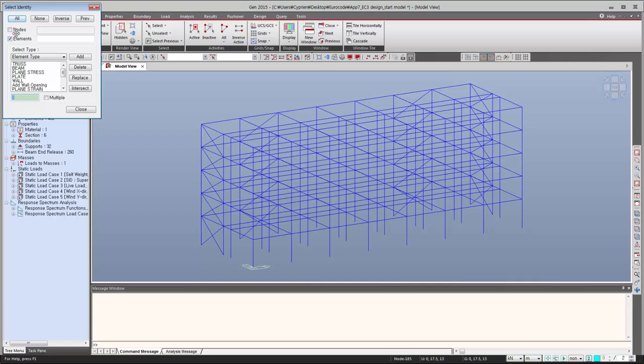So now in the tab you can select specific section by selecting section here and just select like that. So I'm pressing the control key of my keyboard to select both and then click on add, and you see in red in my model those section has been selected. So I can close this